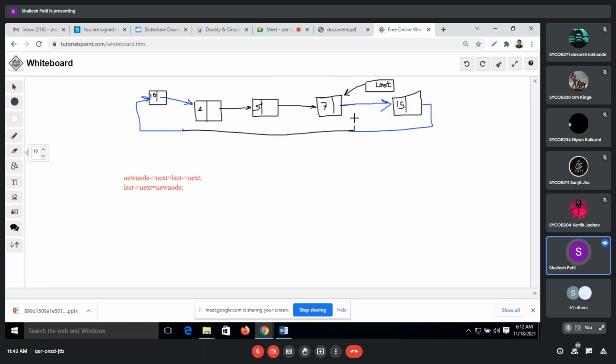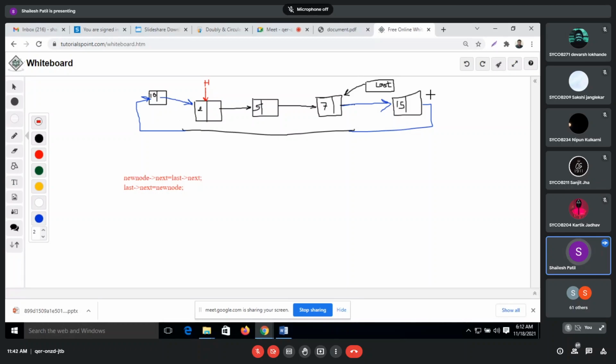We are not keeping the head pointer, because suppose we keep a head pointer pointing over here. What will happen? If I have to insert at the last, I have to make a temp and go through till we reach the last element. Again we have to remember what the last element exactly is, its value and all, which requires a complex manipulation. So it's better to keep the last element pointer over there. Is this clear?